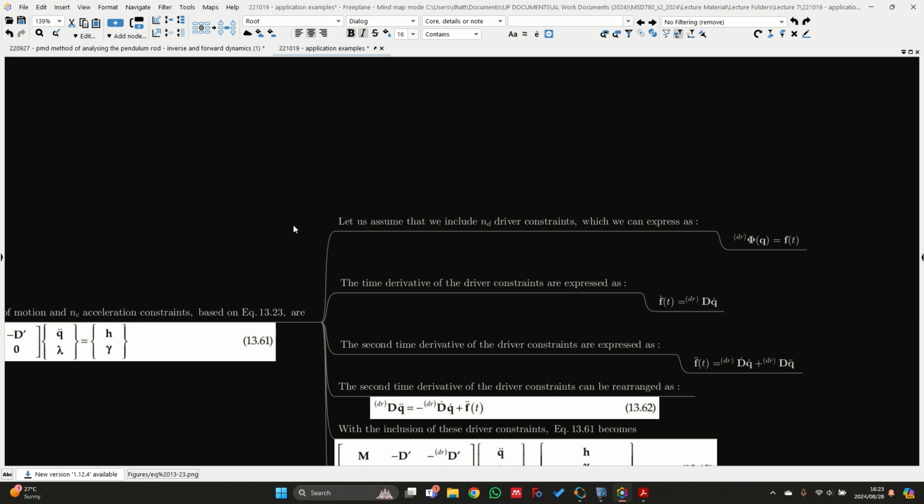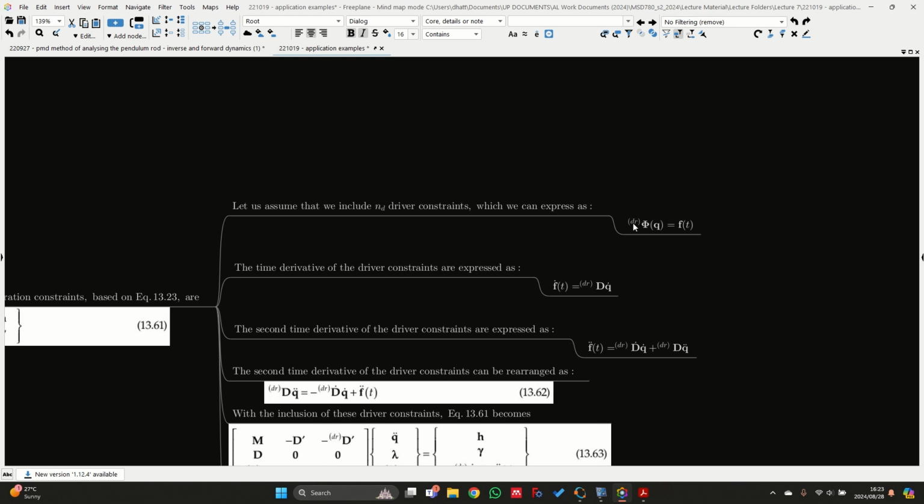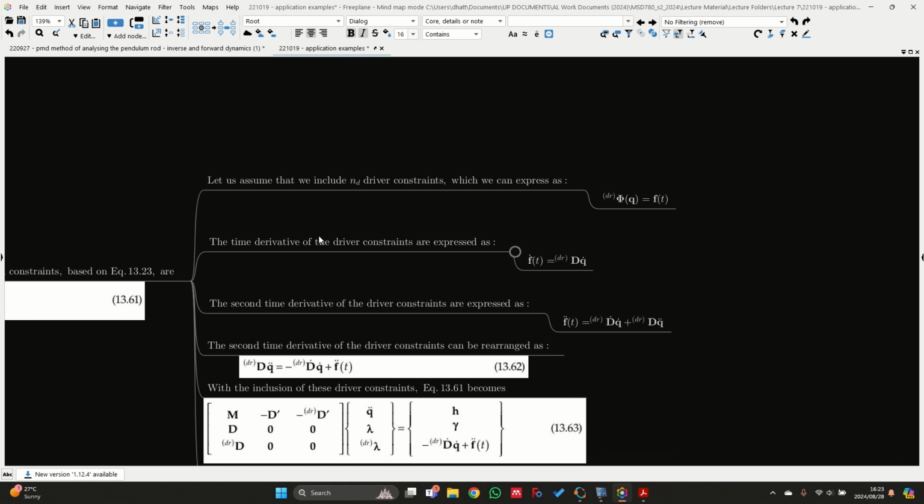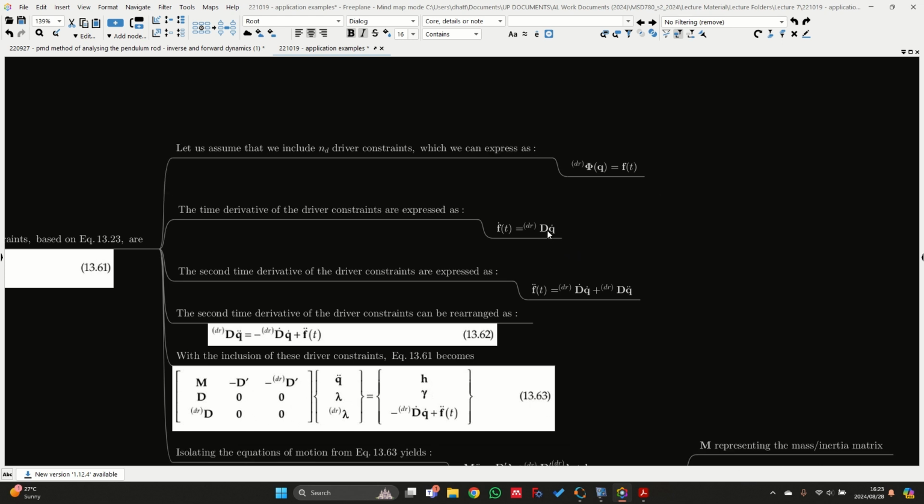So let us assume that we include nd driver constraints, which we can express in this form. Superscript dr indicates that we're working with driver constraints, phi, which is a function of q, and we set that equal to a function of t. Then if we differentiate the driver constraint with respect to time, we end up with f dot of t, which is equal to the driver Jacobian matrix multiplied by q dot, our velocity vector. And then if we go one step further and differentiate once again,